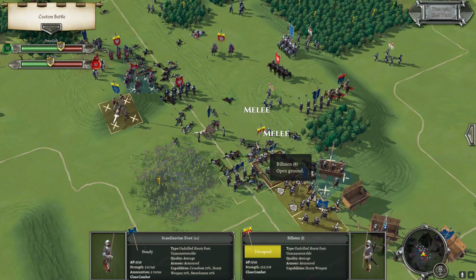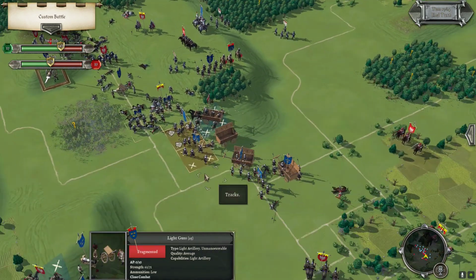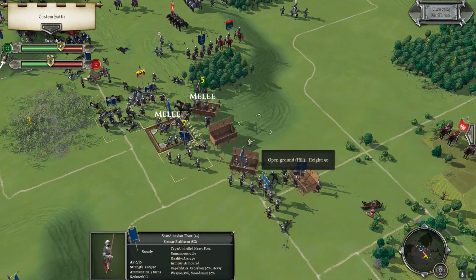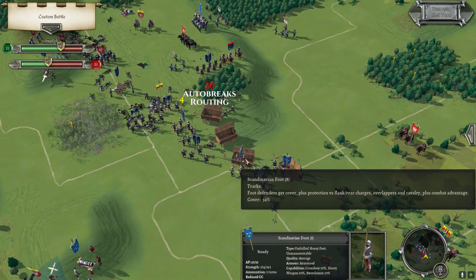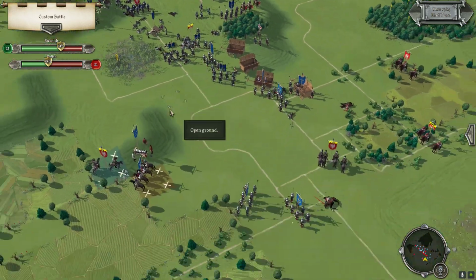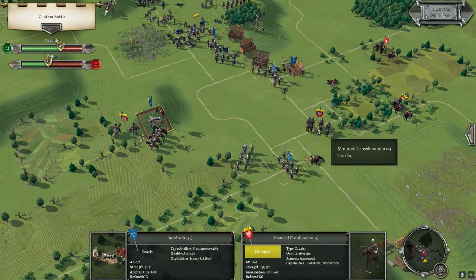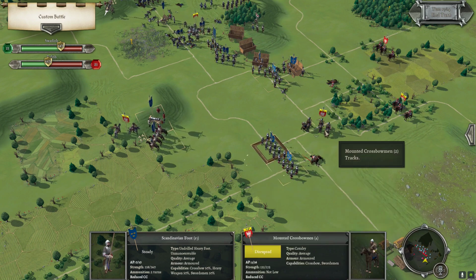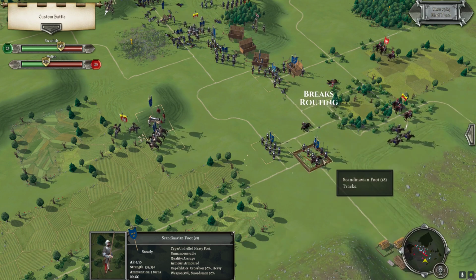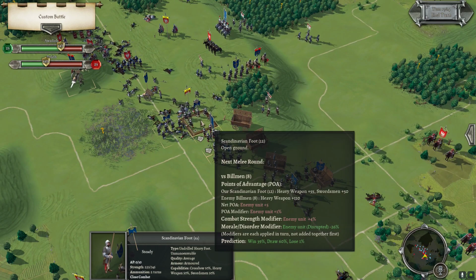Very good. Alright, goodbye. You were very brave. Come on. 55. Might be able to scrape him over 60 with these two units of foot. Firm. Come on. 59. I think I've just secured the win. What a bloody disaster, but...